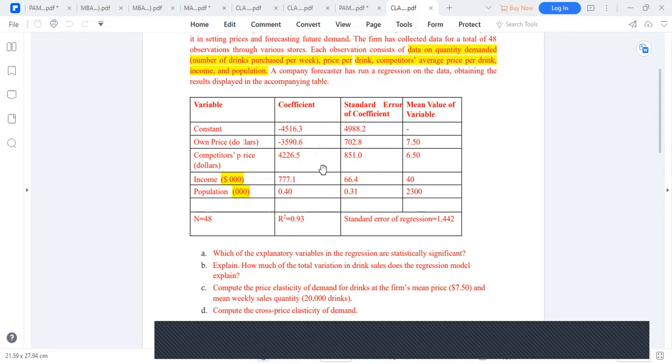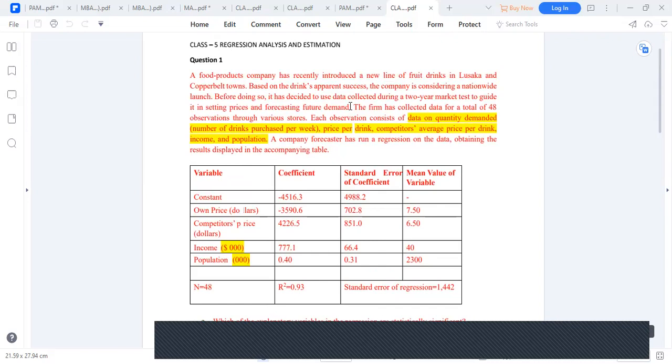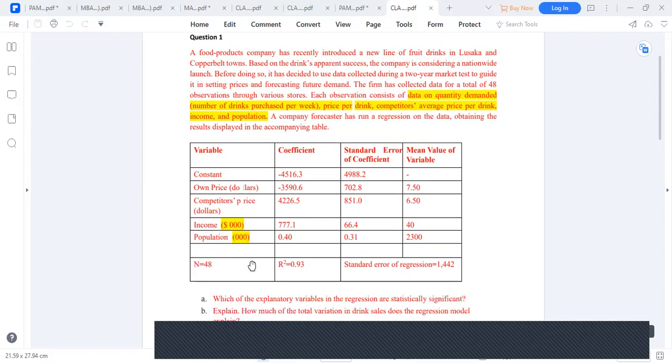Now, of these figures, which ones are significant? And how do we know the significance? So at 5% significance, the sample size that we've been given here is what? How many observations were collected? What is our sample size? Observation of 48. 48 sample size, yes. Then we want to look at the critical values. So for us, following the results that I've been telling you there,